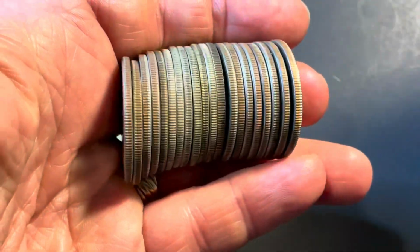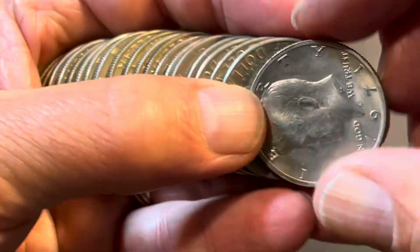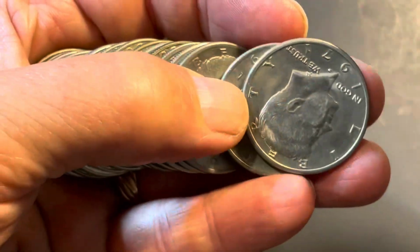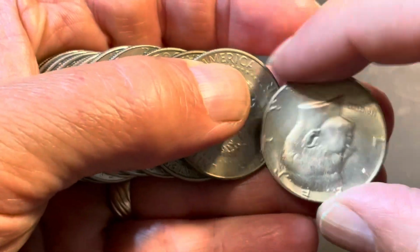I did not go through and look at the dates, but this roll labeled 1971 has silver in it, so that's a good sign, right? That's a 71, 71, 71, 71, 71, 71, 71, 67,